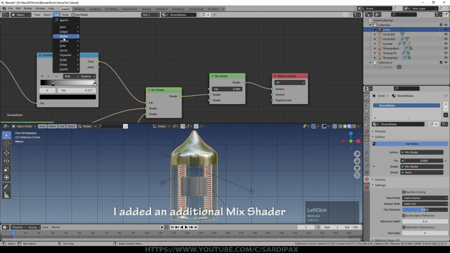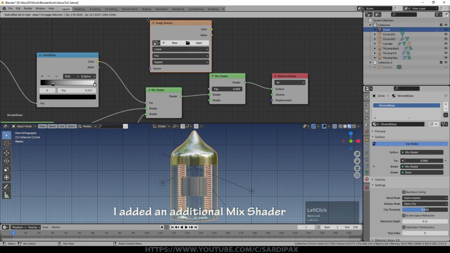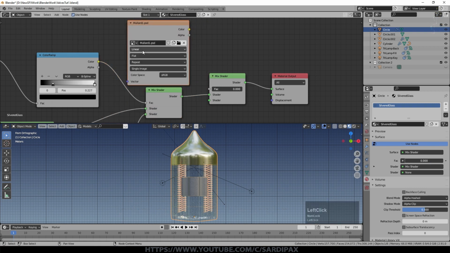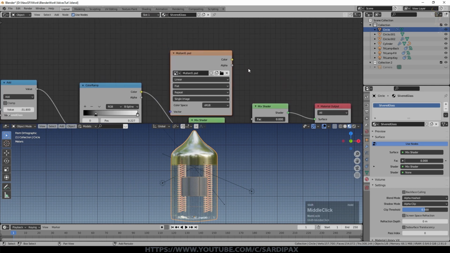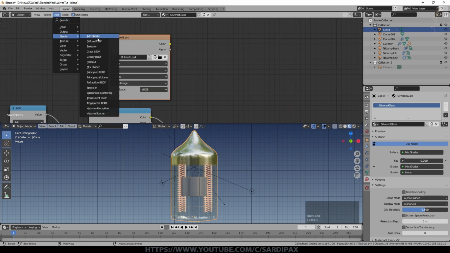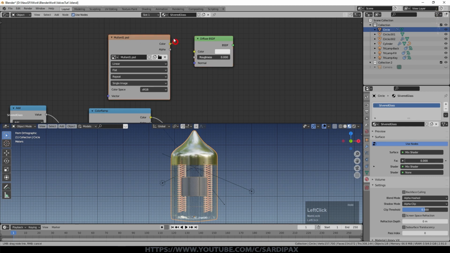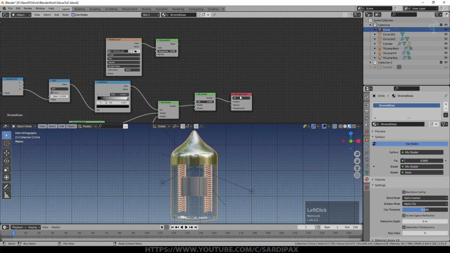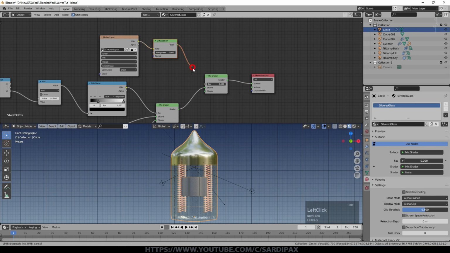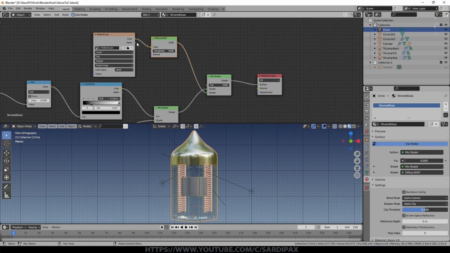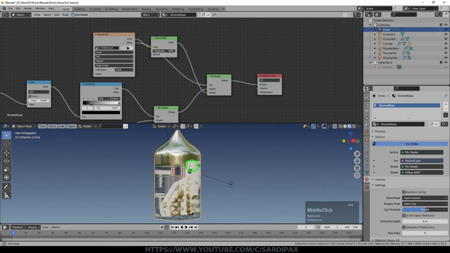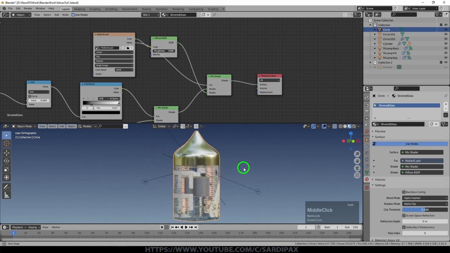So I'm going to add a texture which is an image texture, and I'm going to use that Mullard label that I created, or decal. I'm going to add a shader which is a diffuse shader, and the output of that texture I'm going to plug straight into there. Remembering this has got an alpha channel, so this is essentially a mask. So I'm going to take that diffuse output and put it on the bottom here. I'm now going to take the alpha and control the mix shader with that. And we can now see our decal is coming through. It's not right yet, but it's there.